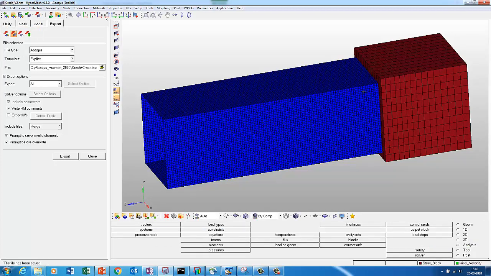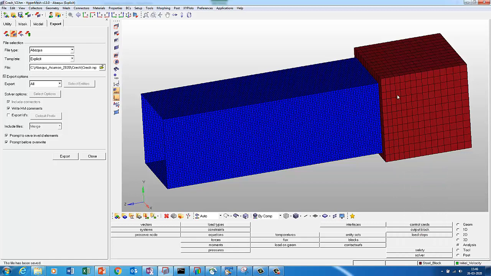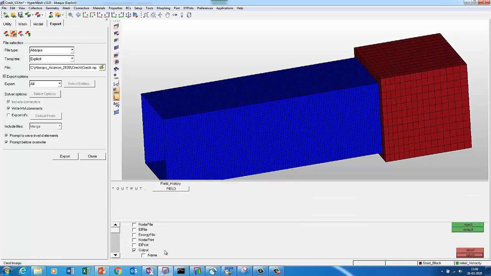You define the initial velocity also on block, created a boundary condition. Now we'll create two output blocks. The first output block will be created for stress component, so field pre-select, and then